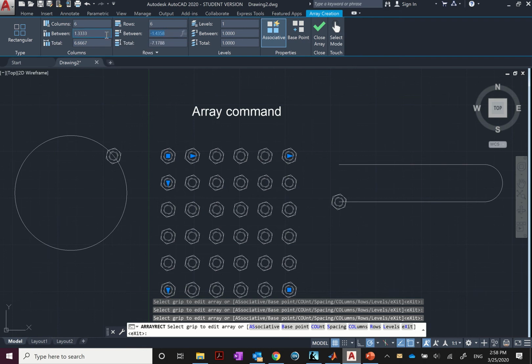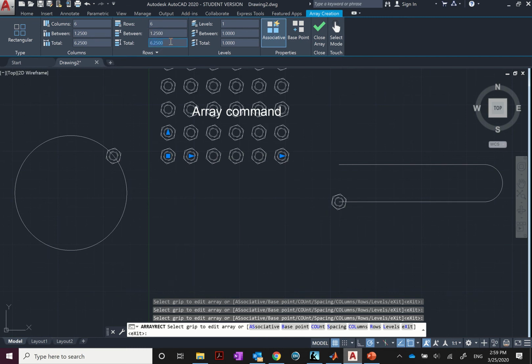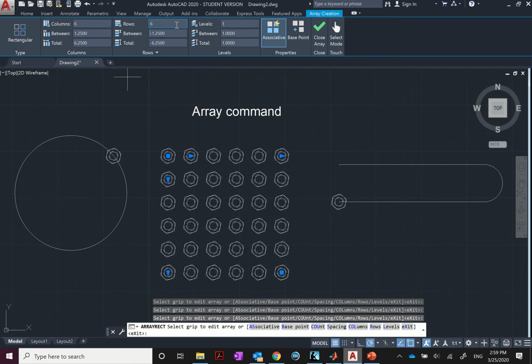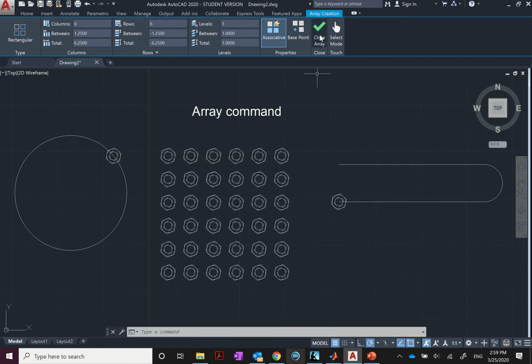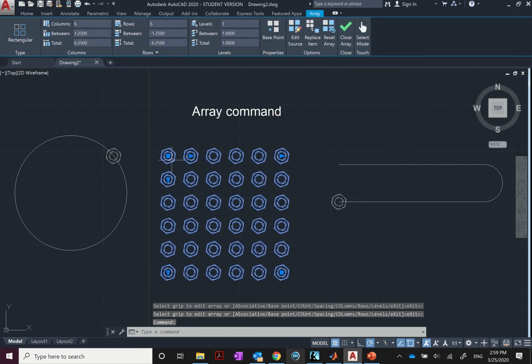Let's keep them both at the same thing, so let's make it 1.25 here. If I make this 1.25, the array will go upwards, which is not what I'm looking for. I'm looking for it to go down, so I'm going to put negative 1.25. So the array is here. And when you're done specifying your array, you hit close, and then you've got your array. A whole bunch of